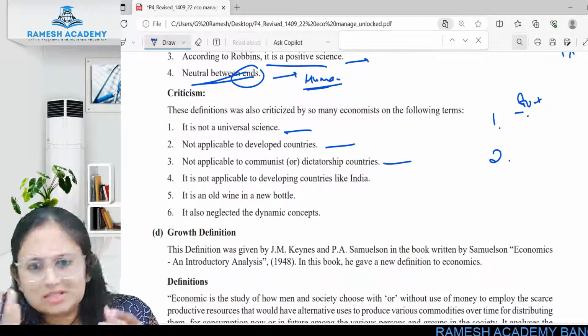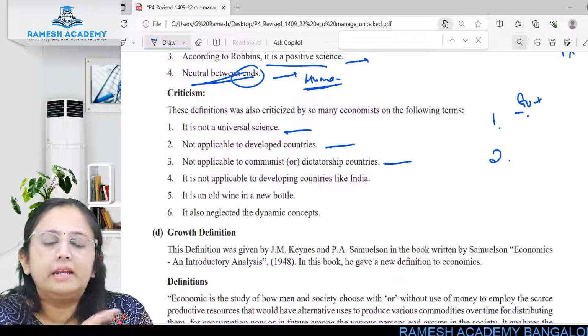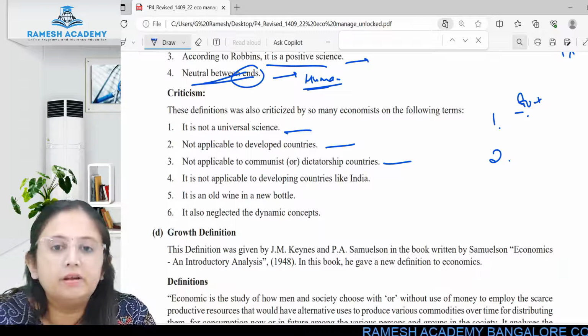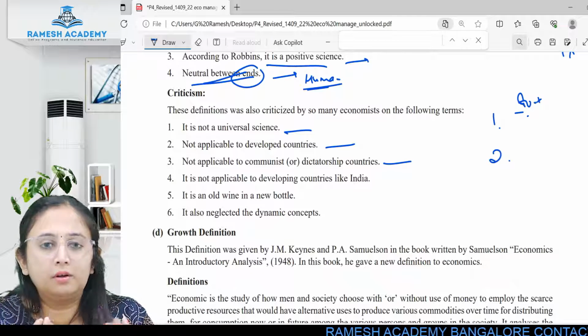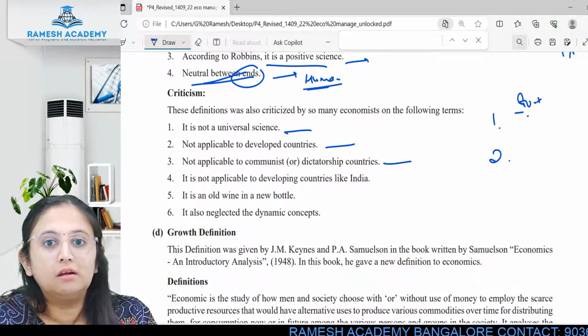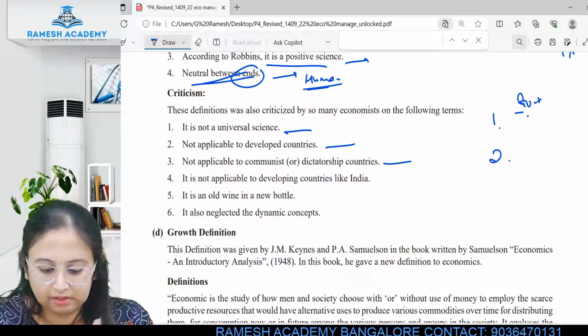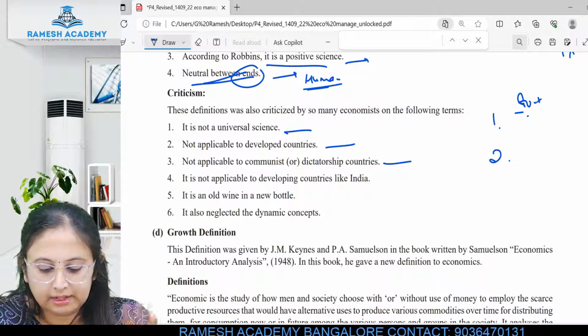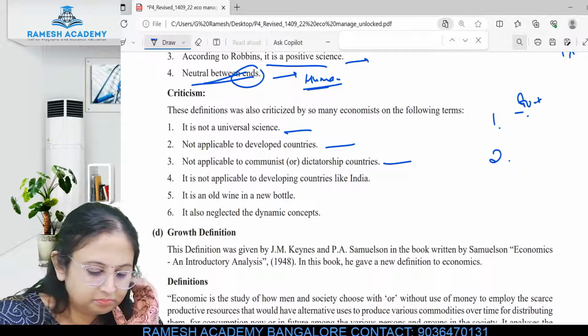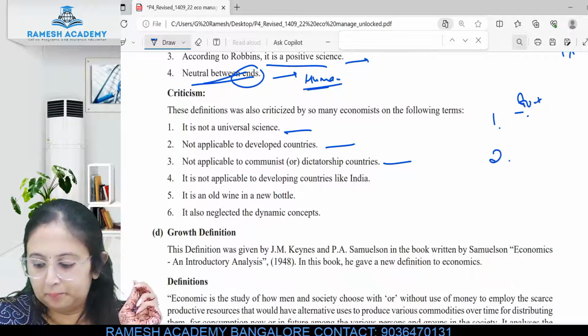Then it is the same thing, you are telling it in a different manner. That's all. That is old wine in a new bottle. We are not finding anything interesting or anything new. That's what was said. And it also neglected the dynamic concepts. So because of all these things,